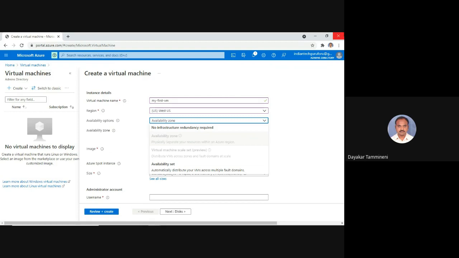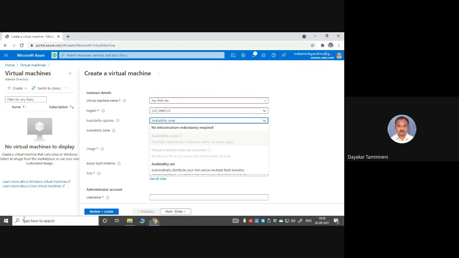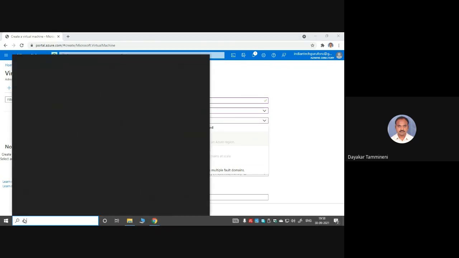How could I provide redundancy? You can also have multiple copies of your application in the same data center, in more than one place. That concept is called availability set. Okay.